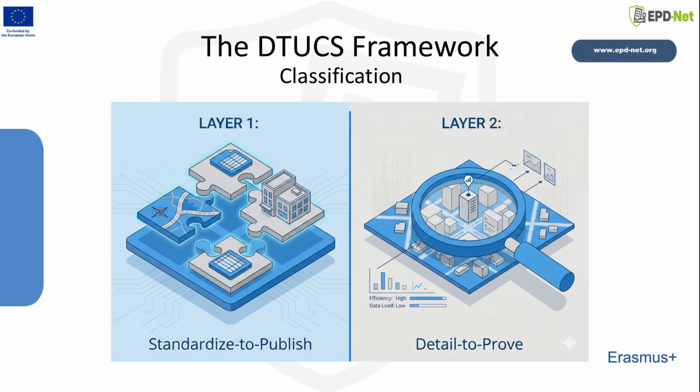Then, we move to Layer 2, detail to prove. This is about efficiency. A common mistake in digital twinning is trying to model everything at maximum quality. This layer introduces the concept of fitness for purpose. We must define the correct level of detail,